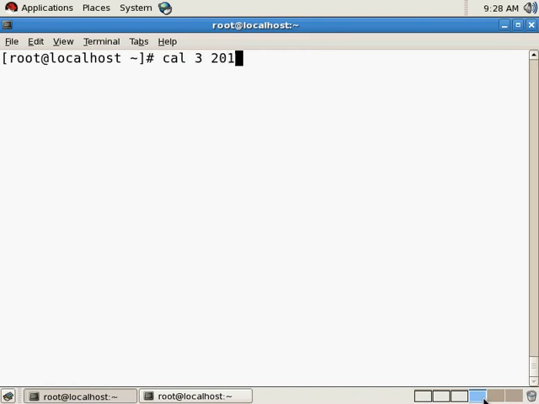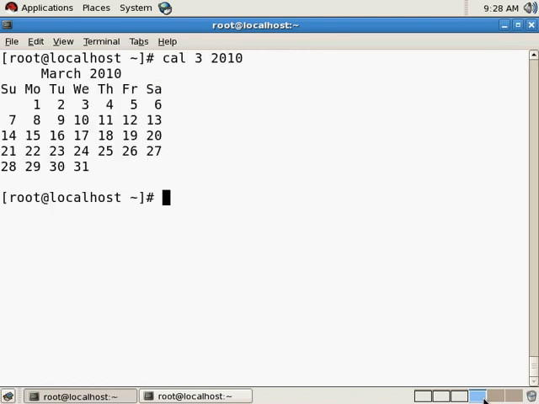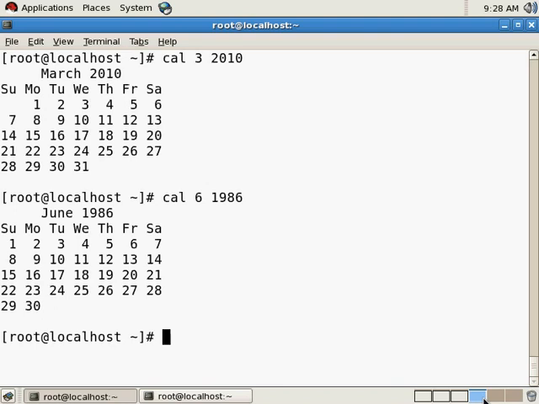cal 3 2010, this is the command that you usually enter for whatever reason. Maybe you were born in the month of June 1986, so you always run this command to find out the monthly calendar for your birth month. But this is a lengthy command, so what you can do is use the alias command to create a very small nickname. Let me think of a good word. Let us say